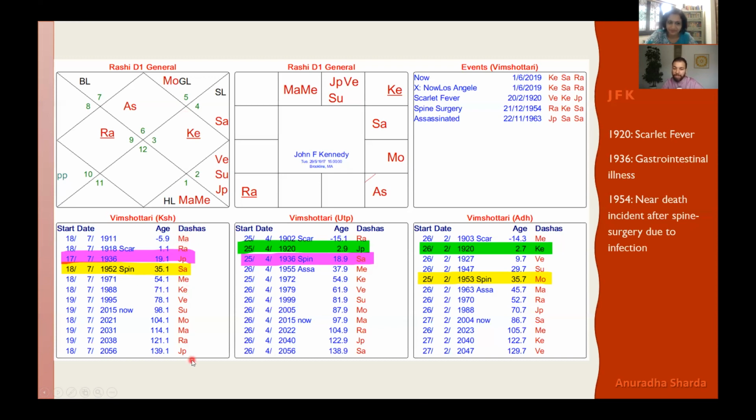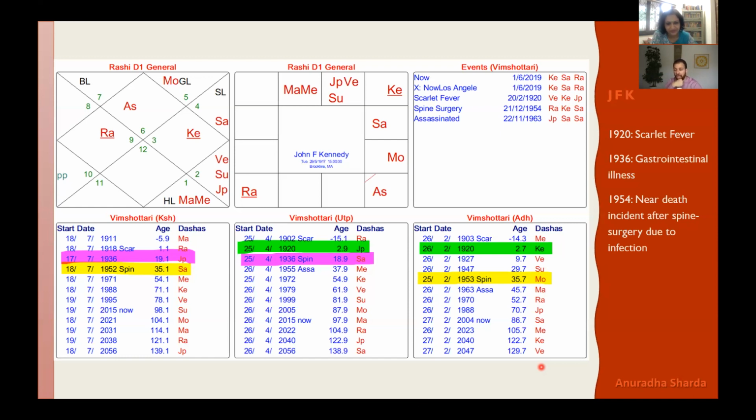And then there's Utpana. This is the fifth nakshatra. After the fourth one was Mars, the fifth is Rahu. So appropriately, it is depicted like this. And Adana was the eighth one. We'll do the same numbers, and we'll get Mercury as the first dasha, and we calculate them as follows. And then we compare all three. If two out of the three have dashas coinciding, this is the principle. They don't all three have to coincide. But if two out of the three coincide, then it shows a setback.